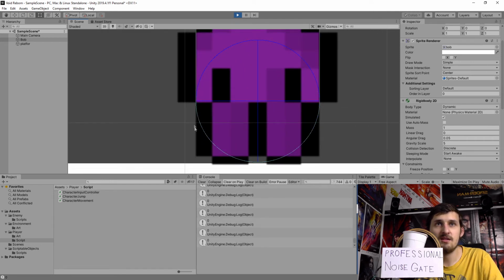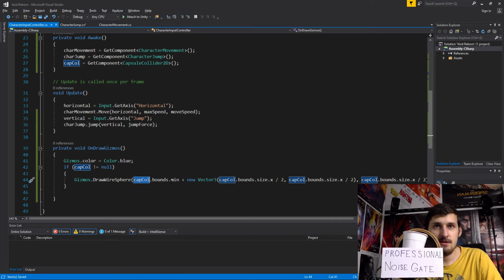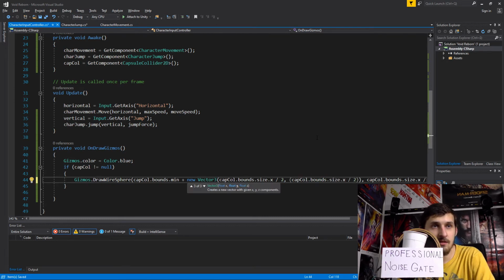Yep, there it is. And now it's pretty much the same as the capsule. We need to offset it to the bottom. We are at the bottom, at the most left side at the bottom. We are adding x coordinate and y coordinate. So instead of adding the full y coordinate to go up, we are gonna add something a little bit less,